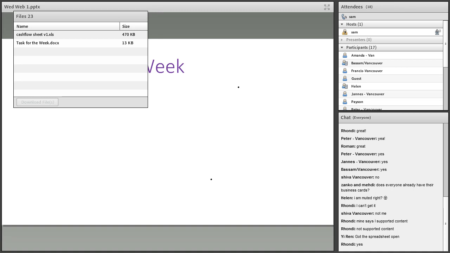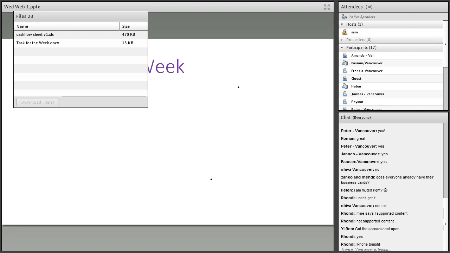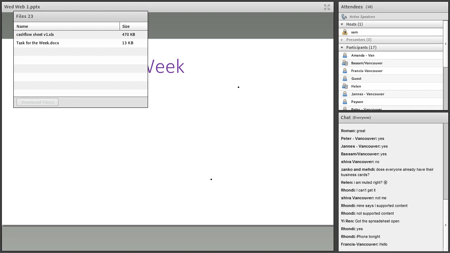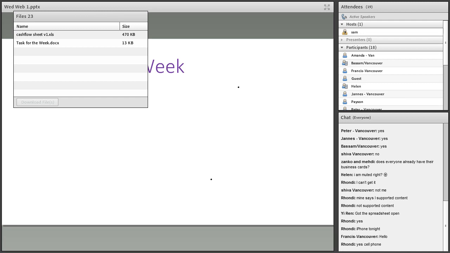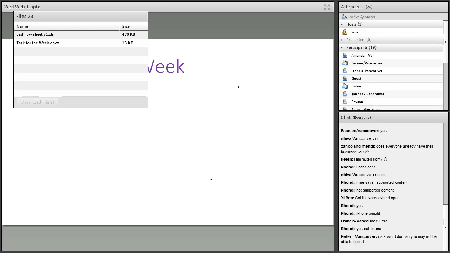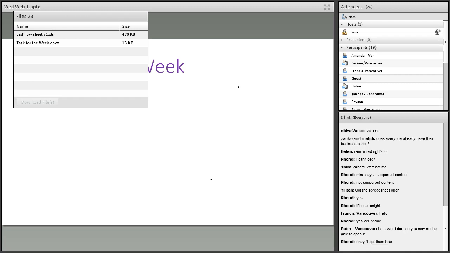Good. Okay. What are you working on? Are you working on an Android? Are you working off a cell phone? iPhone. Yeah, on an iPhone you won't be able to download that. Yeah, cell phone, that'll be tough. So in the email that I sent you for the link of this, I did put the cash flow sheet and the tasks of the week. I'm going to go over them again. Yeah, you can get them later.